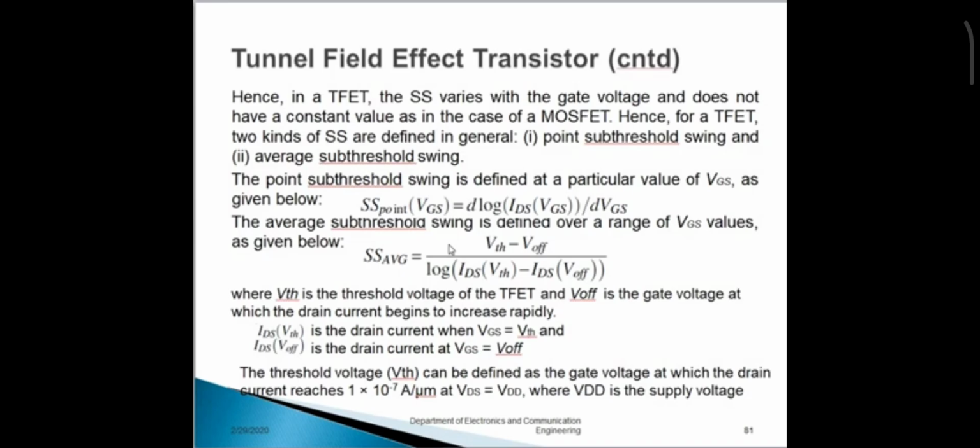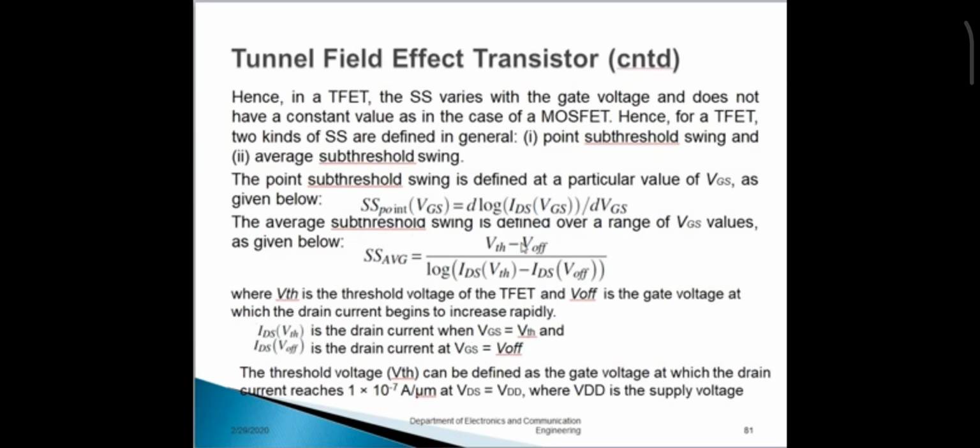Hence, for a TFET, two kinds of subthreshold slope are defined in general: the point subthreshold swing and the average subthreshold swing. The point subthreshold swing is defined by the same formula as we have calculated in the case of the MOSFET. But in the case of a TFET, we can also calculate the subthreshold swing by another formula in which VGS is varied. The average subthreshold swing is defined over a range of VGS values by this formula, in which